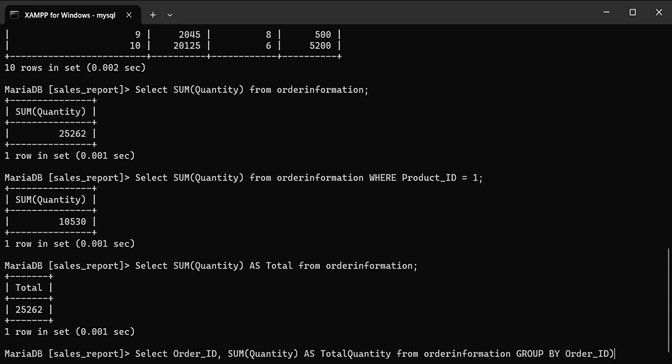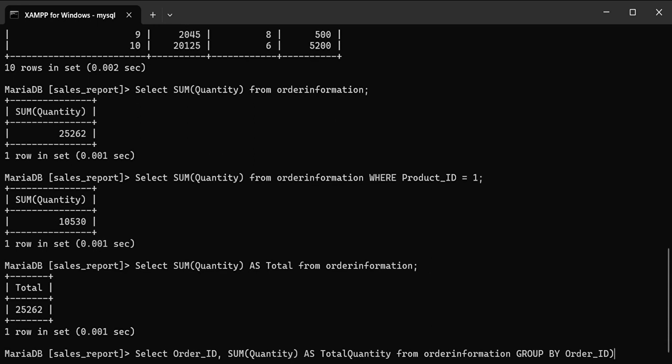So let's check our code. Our aim is to use the SUM function in the GROUP BY clause in order to return the quantity for each order ID in the order information table. So let's review the code.